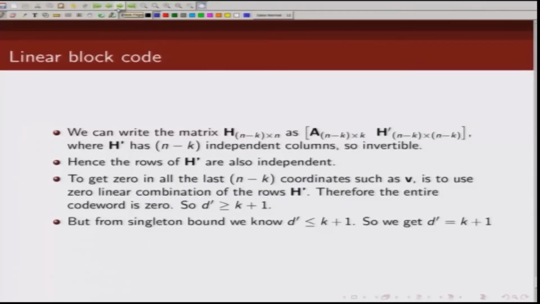Now, how do we show that it is exactly k plus 1? We know that the minimum distance of the code must satisfy the bounds, for example, the Singleton bound. What does the Singleton bound say? It says the minimum distance of the code is upper bounded by n minus the dimension of the code plus 1, which in this case is k plus 1. So, from the Singleton bound we get the condition that the minimum distance should be less than or equal to k plus 1, and from the earlier argument we get that the minimum distance is at least k plus 1. If we combine these two, we get that the minimum distance of this code is k plus 1. Hence, it is proved that the dual code is also maximum distance separable, because it satisfies the Singleton bound